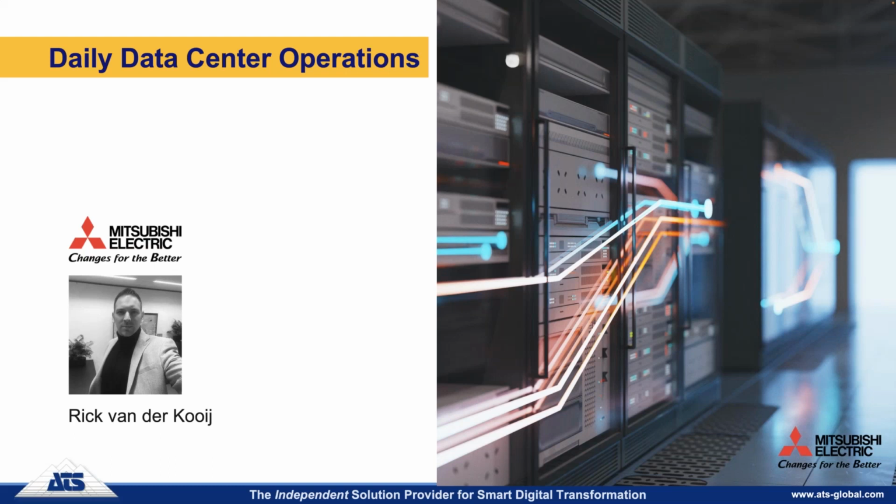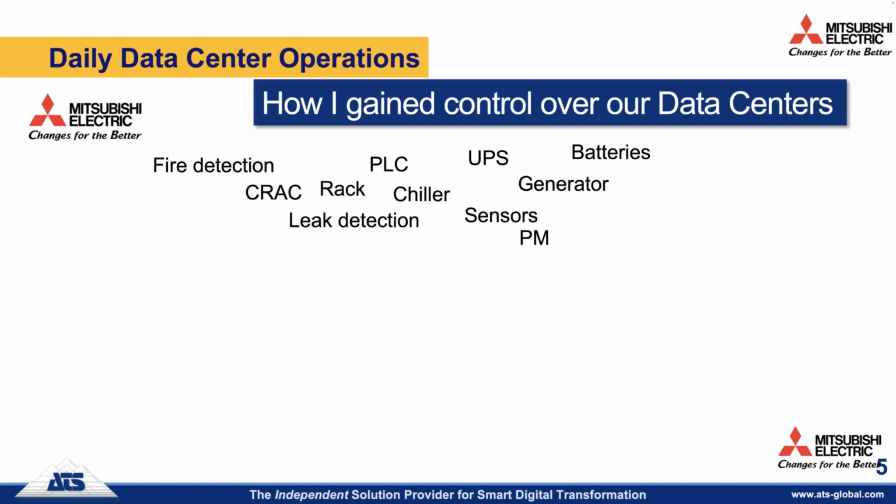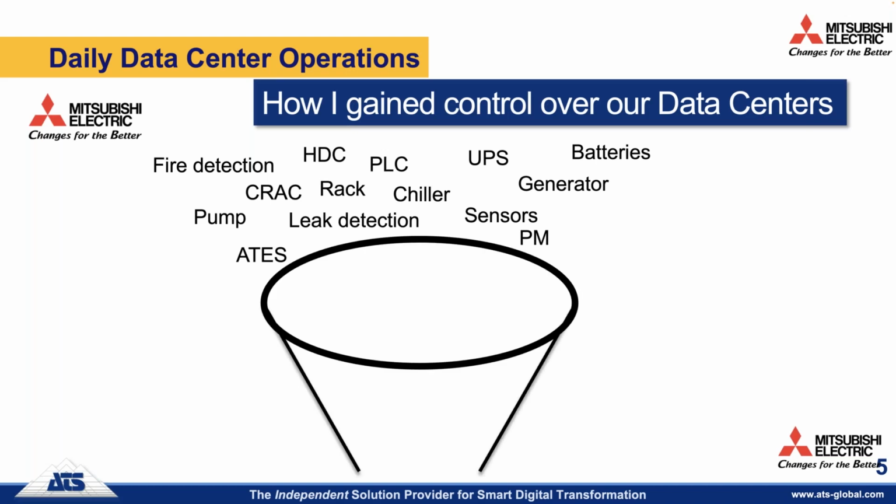If you go to the next slide, then I'll explain a little bit about how we started at Interaction. Because we started at just a rack level. And then when I was walking around in the data center, I found out actually that I needed more visual on all the hardware that we had. So we started at a rack level, then we added CRACs, and we added chillers, power meters, leak detection, sensors, generators, batteries, UPSs, fire detections, pumps, ATSs, and hybrid dry coolers. And all that together,